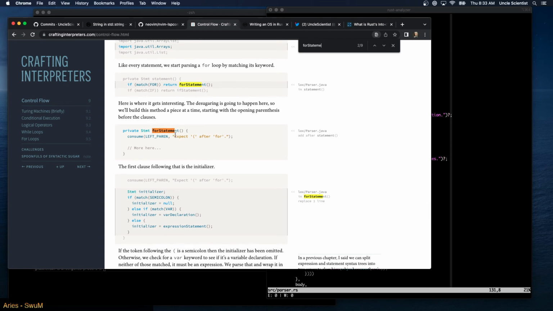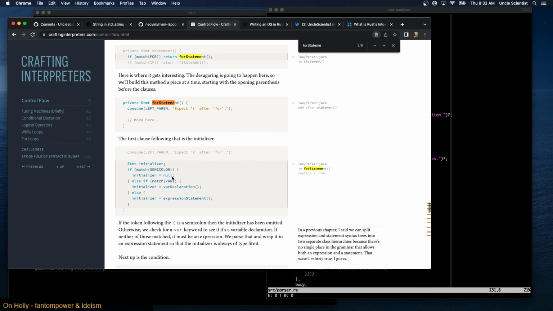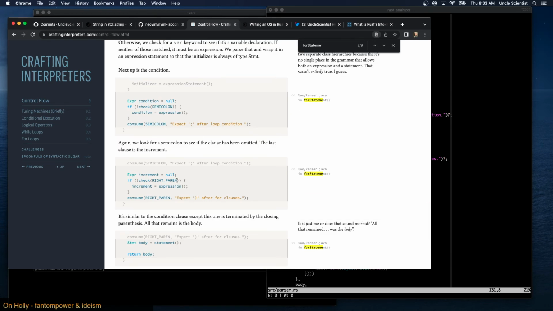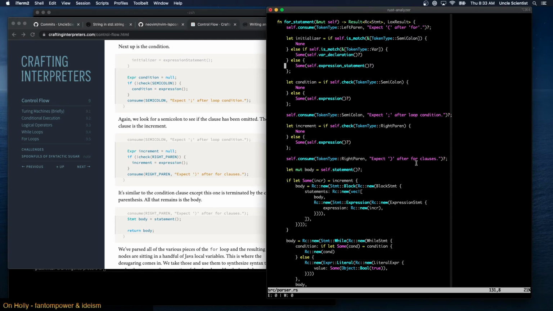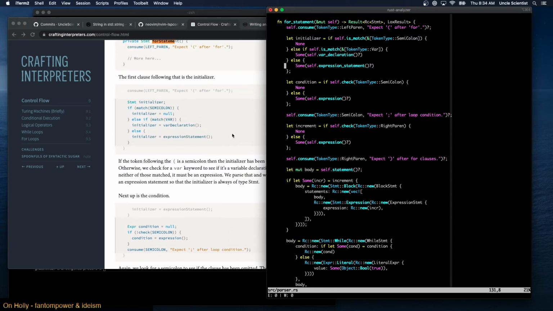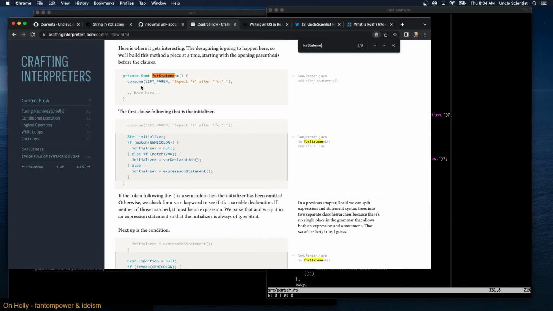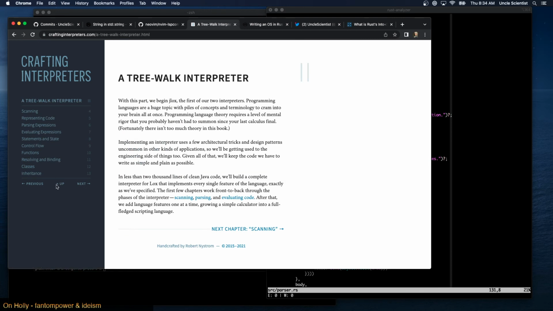We consume this. It's okay, yeah, so this is setting the error. Yeah, I forgot, the for statement is kind of confusing because we convert it into a while loop. But consume itself, does that throw an exception?